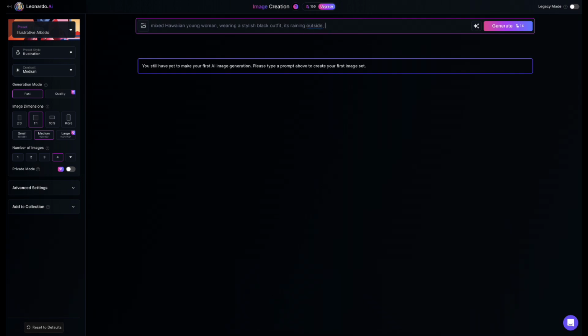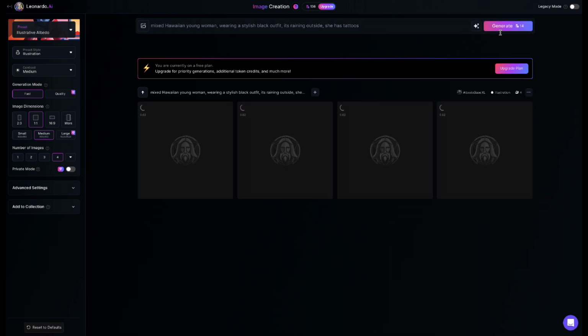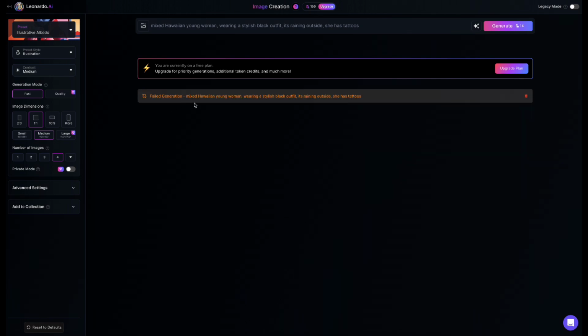I can also add that she has tattoos and whatnot. And then we're gonna click generate. So it's gonna start generating, and it can take a while. It depends on the size you choose, how many images you're choosing to generate, etc. And it says failed generation. Why is it failed? I have no idea, but